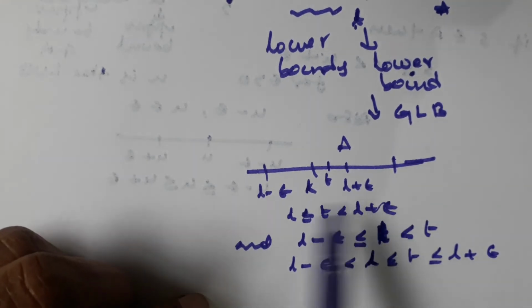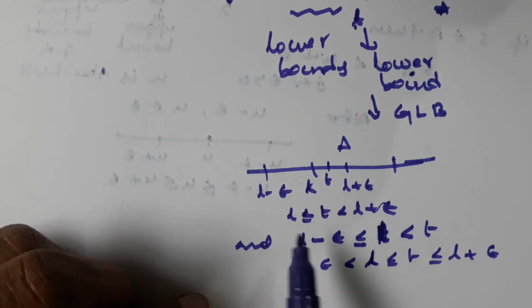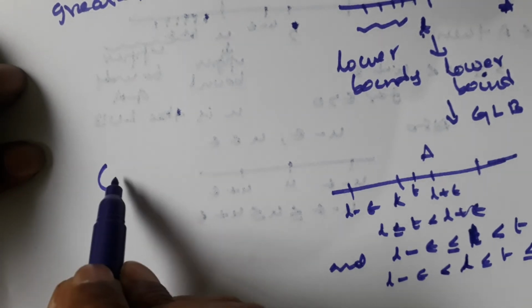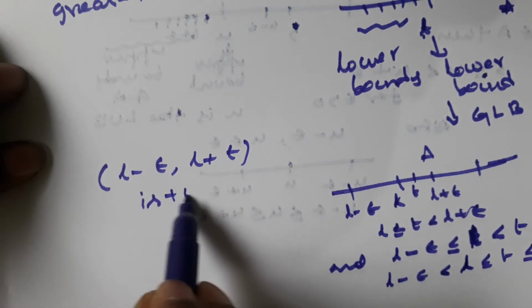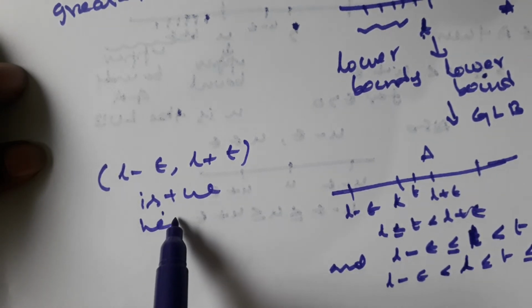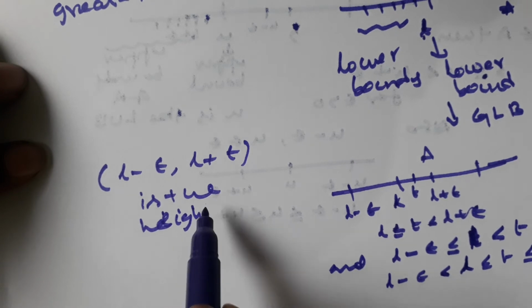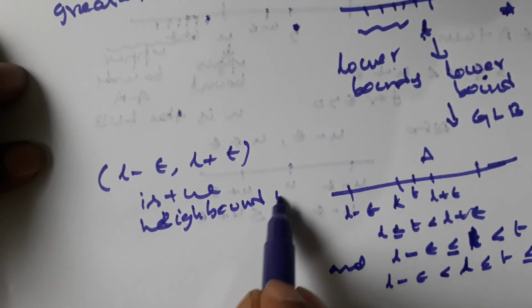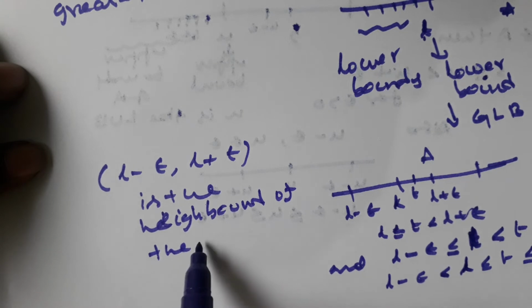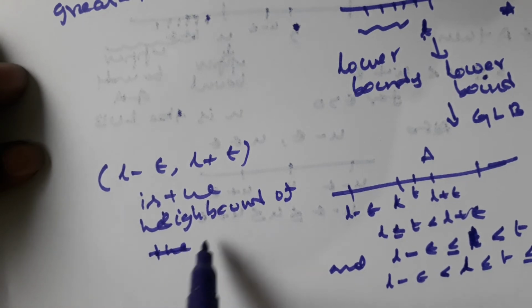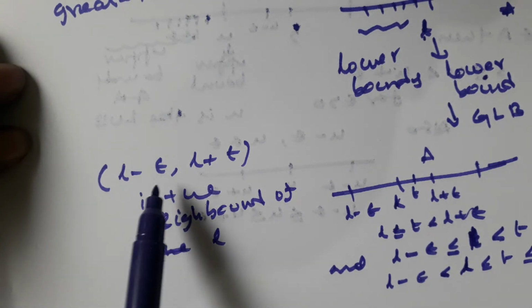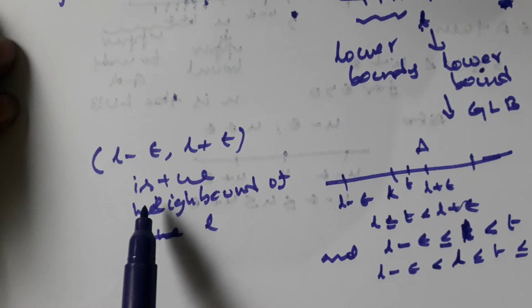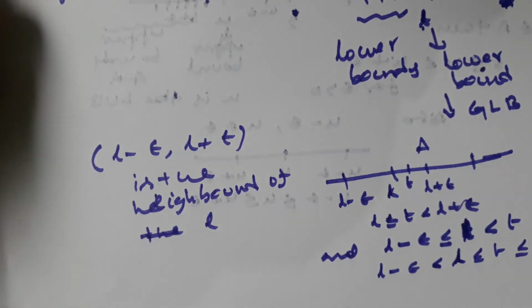So L must be in between them only, because the open interval L minus epsilon comma L plus epsilon is the neighborhood of the point L. Even there also,